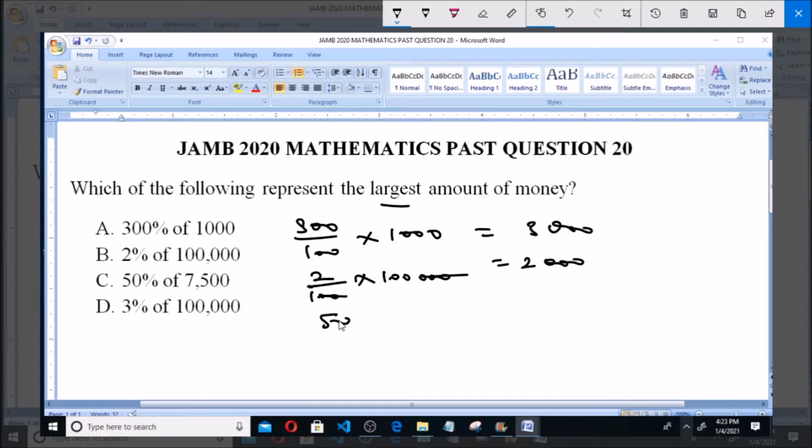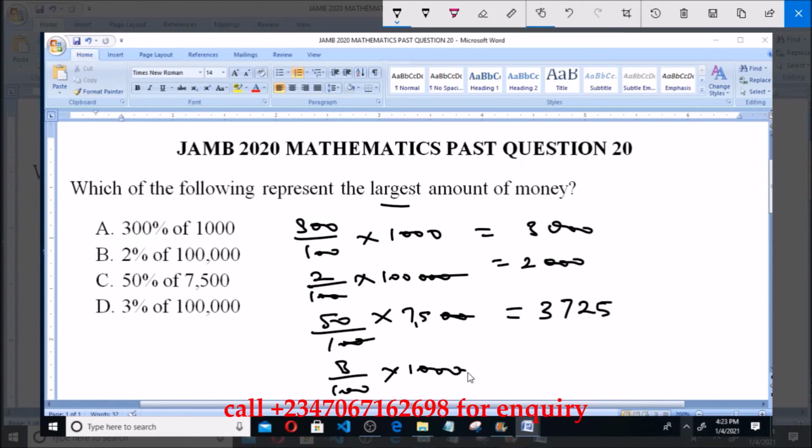Now 50% of 7,500, this 0 will cancel this 0. Now 50 times 75 will give us 3,725 naira. Now 3%, which is option D, of 100,000, that is 3 all over 100 multiplied by 100,000, is